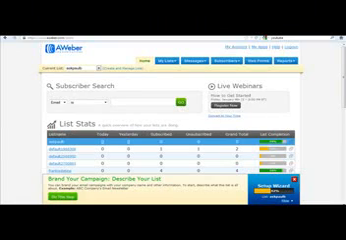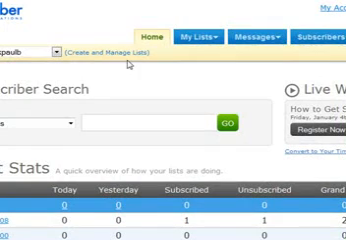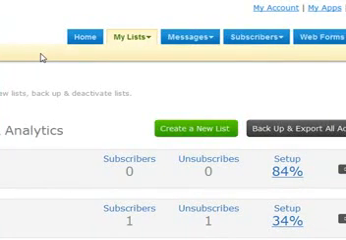Okay, so when you sign up with Aweber, they will send you some details in your email. So just have a look at that and you'll get your login details there, and just log into Aweber and you'll come to this page here. You want to make sure you're on the Home tab, and this link here, create and manage lists, you need to click that. We're going to create a brand new list to hold your subscribers, and then click on the create a new list button,